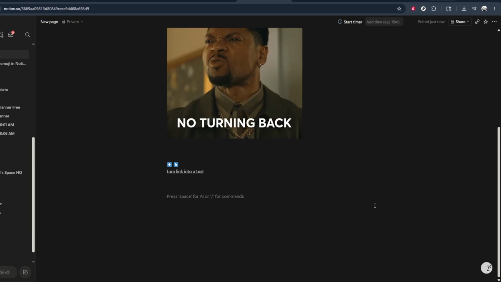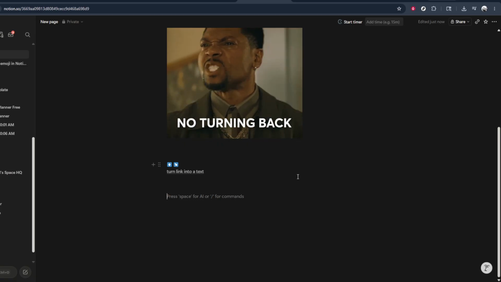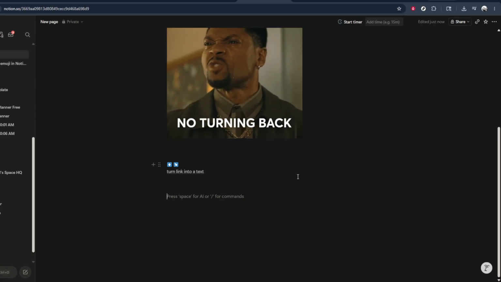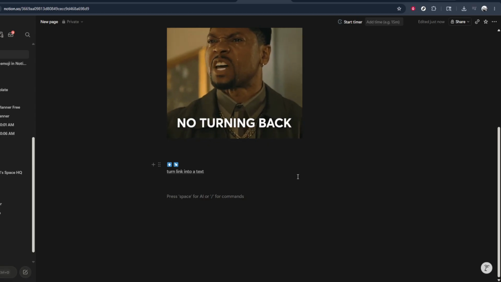Paste your URL into that box, then confirm by pressing Enter or clicking outside the box. Your highlighted text should now change slightly in appearance, usually with an underline or a different color, indicating that it's a clickable link. To double check, you can hover over the text and you should see the link preview, or click it to make sure it takes you to the correct destination. And that's all there is to it. Type your text, highlight it, click on Add Link, and insert your URL. With this simple technique, your Notion pages will look cleaner, more organized, and much easier to